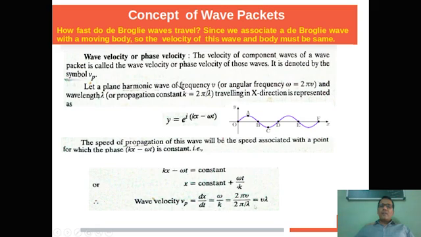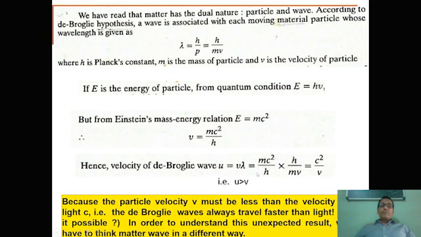This is the general relation we have used so many times in physics, where we correlate the velocity with frequency and wavelength. Many times we say that frequency is inversely proportional to wavelength, when the velocity is constant. So let's